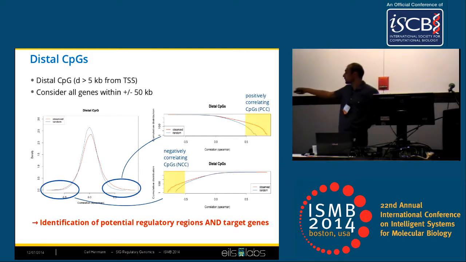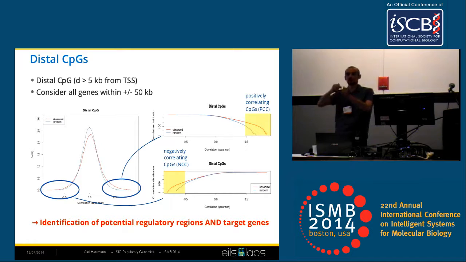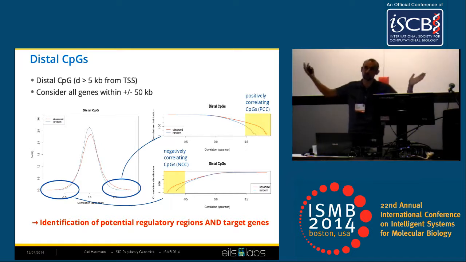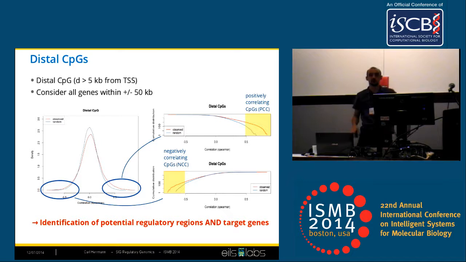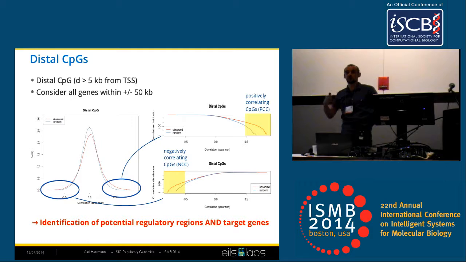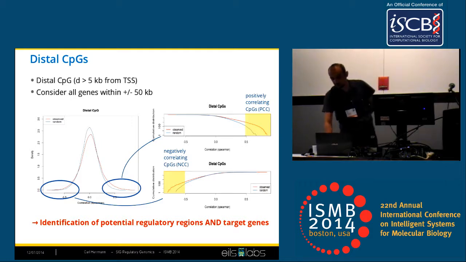And so with this approach, by simply combining the CpG with any gene that is within a certain window, we can identify potential regulatory regions and their target genes if we have these highly positively or negatively correlated CpG-gene pairs. So we're trying to understand what makes the difference between the positive correlation of methylation and the negative correlation of methylation. And if we